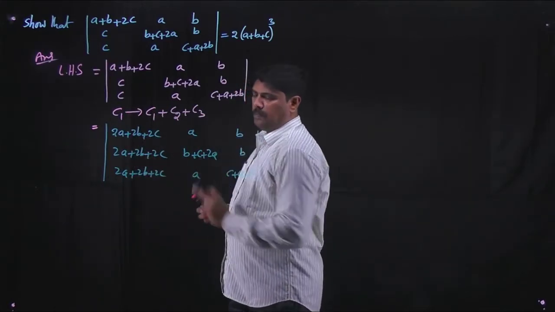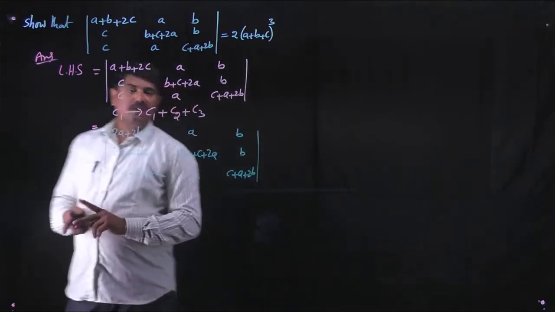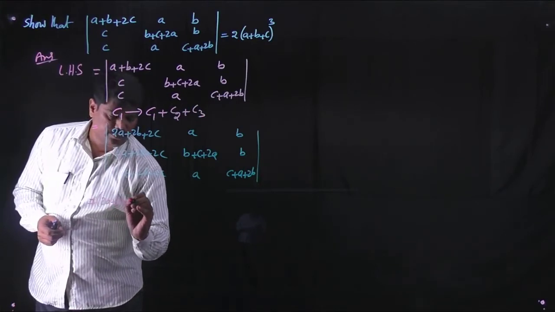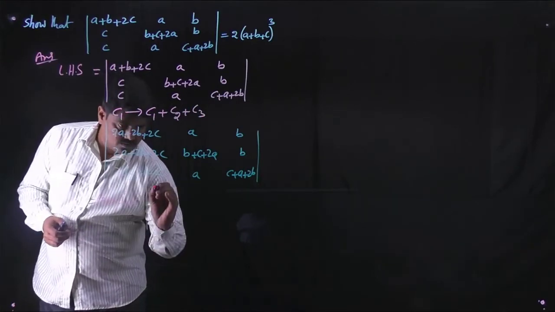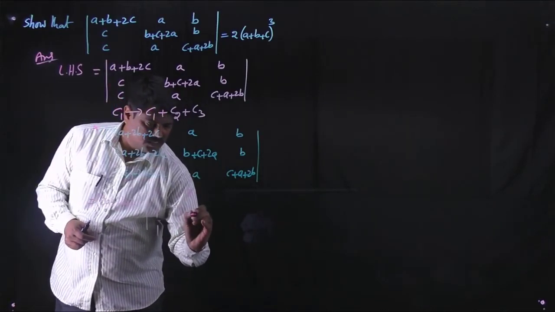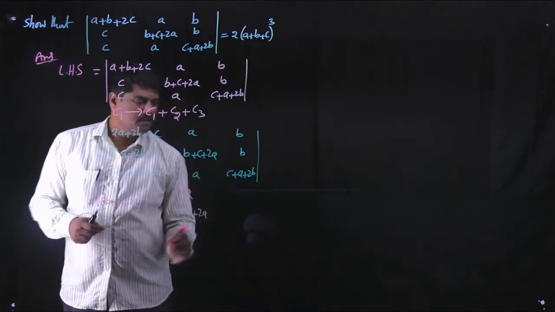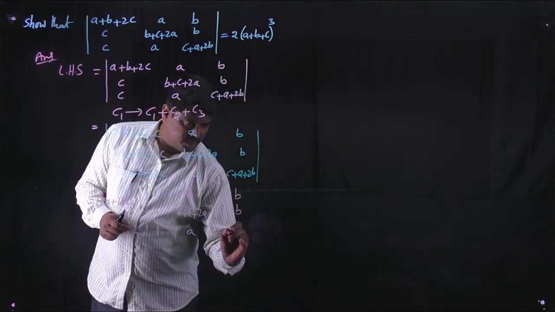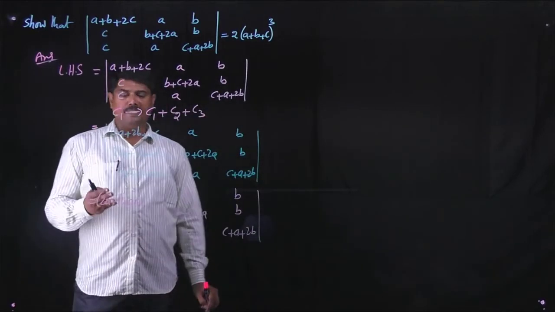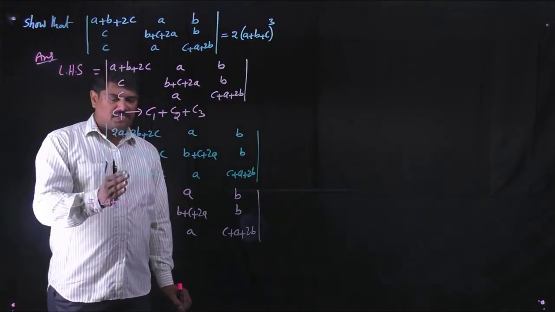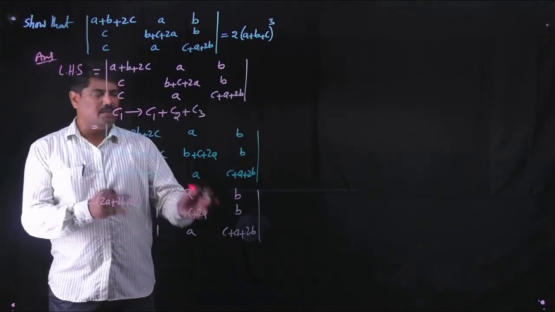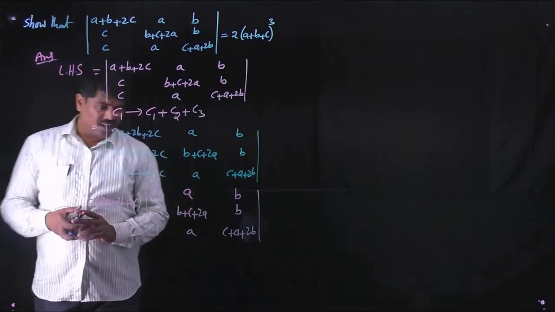Observe, 2a plus 2b plus 2c can be separated from the first column here. So I am separating 2a plus 2b plus 2c from the first column, so the elements will be 1, 1, 1. The second column remains the same: a, b plus c plus 2a, a. Third column: b, b, c plus a plus 2b. Separating 2a plus 2b plus 2c, the common factor in the first column, it can be separated from the determinant and the remaining part is considered later.